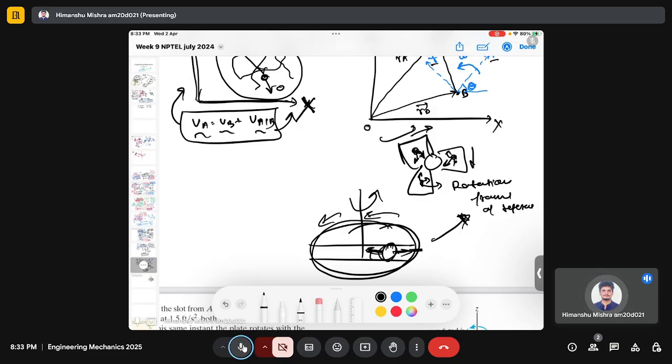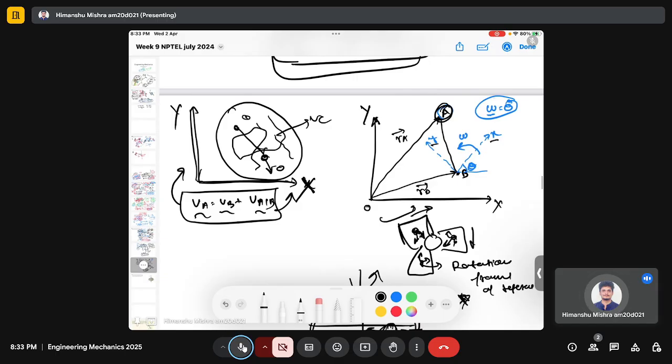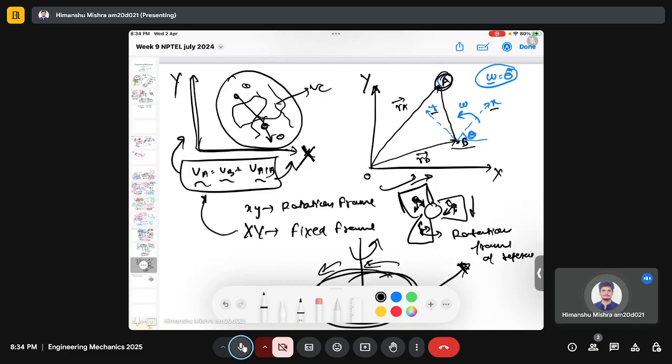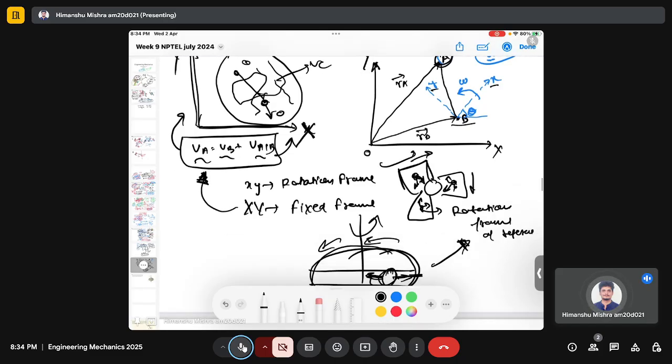So for such a problem, we need to analyze the motion of A in the rotating frame of reference. My xy is the rotating frame of reference, and my capital XY is the fixed frame. Until now we analyzed the problem in the fixed frame using this relation, and now we derive the relation in the rotating frame, where we account for the rotating coordinate frame as well